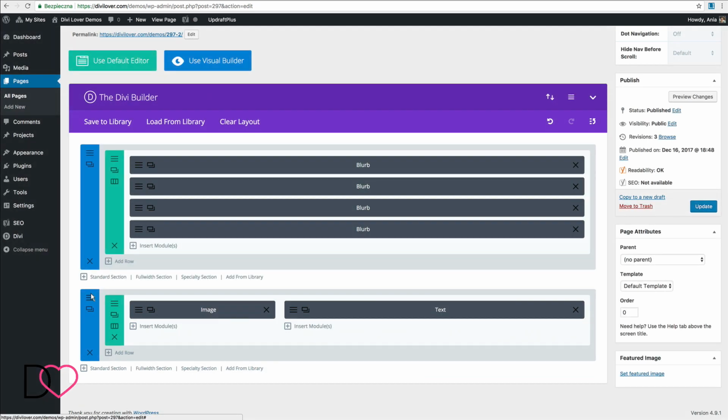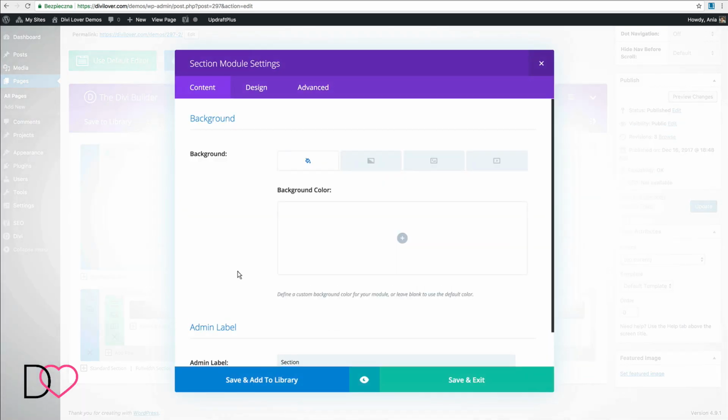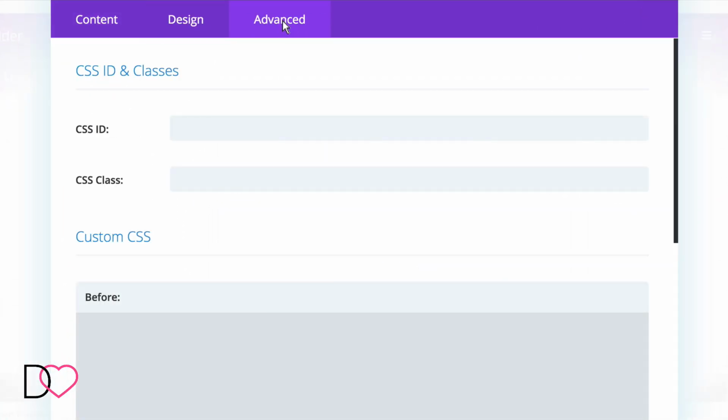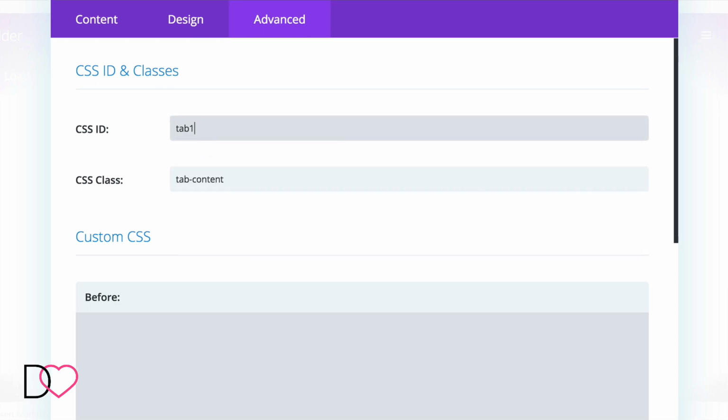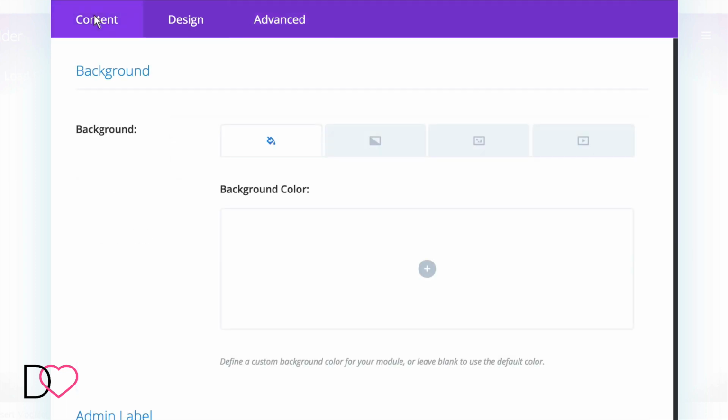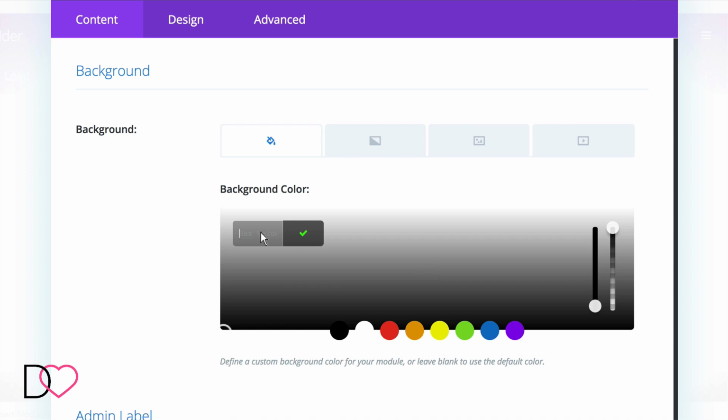What's important is we need to set the custom CSS class for each section, tab content, and each section needs to have a unique ID